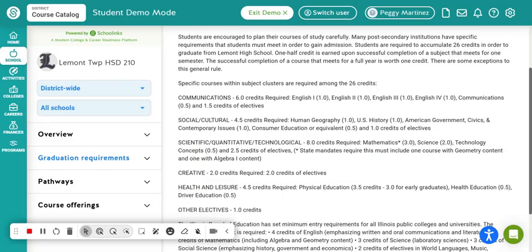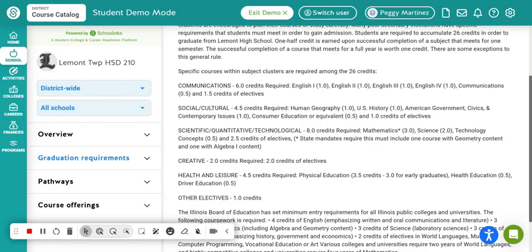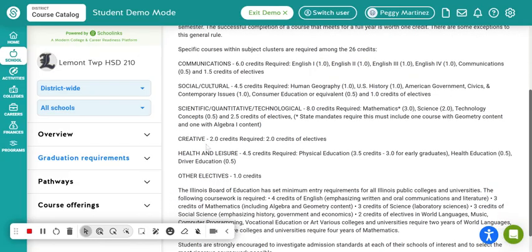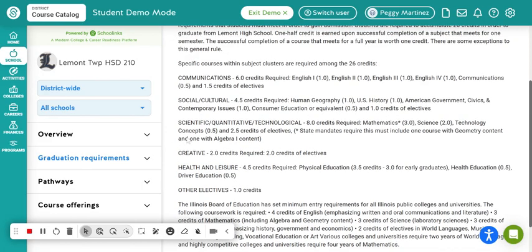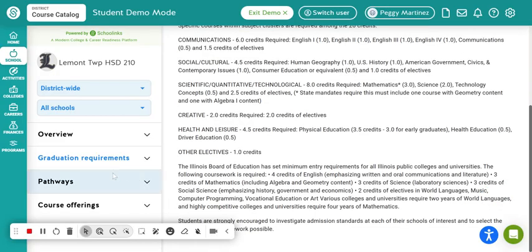So our graduation requirements are broken up into different clusters. So we've got your communications cluster, the social and cultural cluster, which is generally your social studies courses, the scientific, quantitative, and technological cluster, which is your science and your math and your tech courses, the creative cluster, health and leisure, and then other electives. So this gives you just kind of an overview of what you need to do in order to graduate from